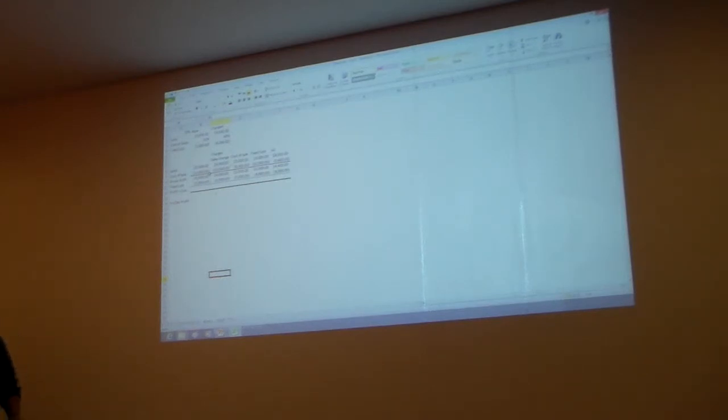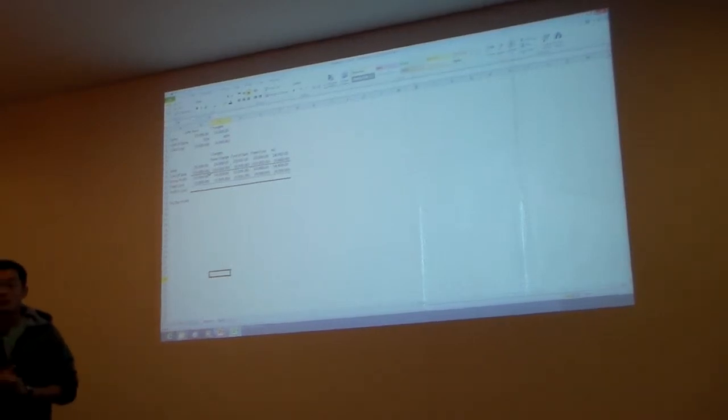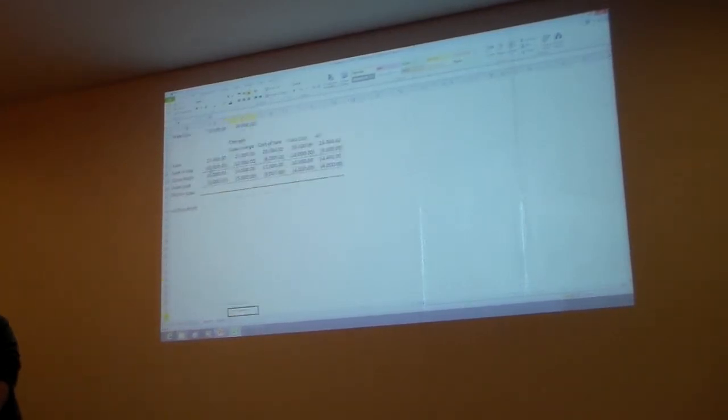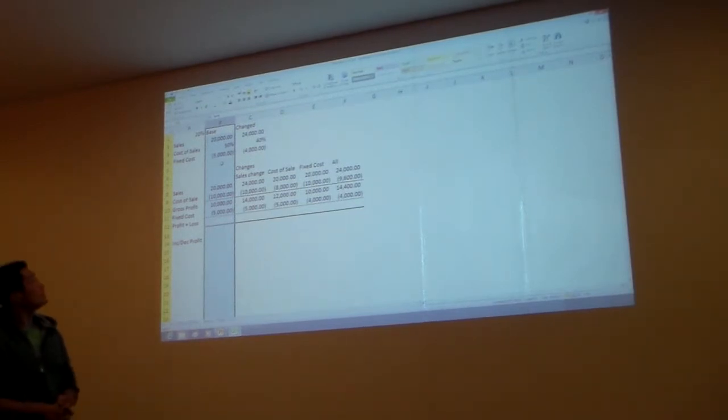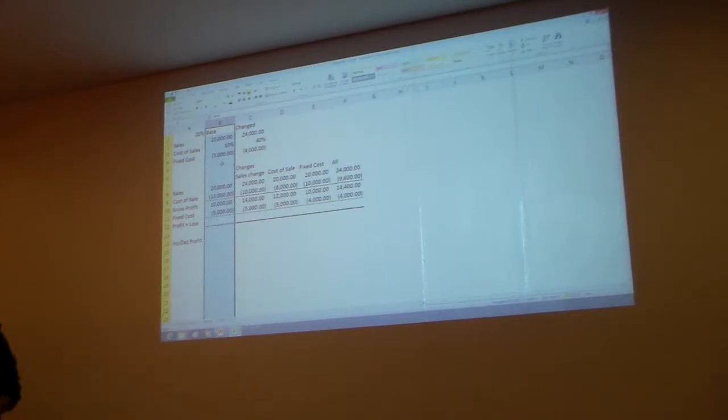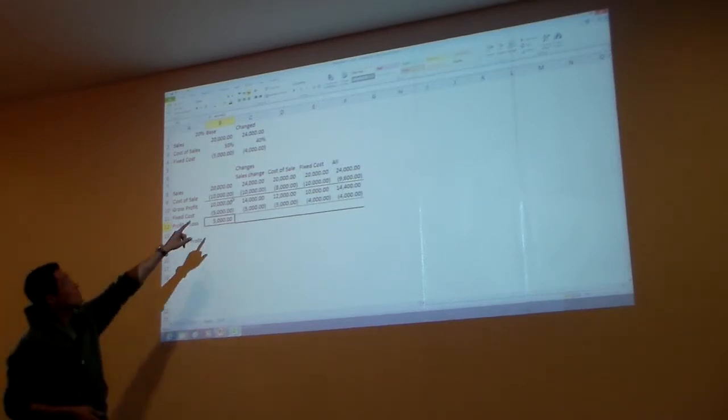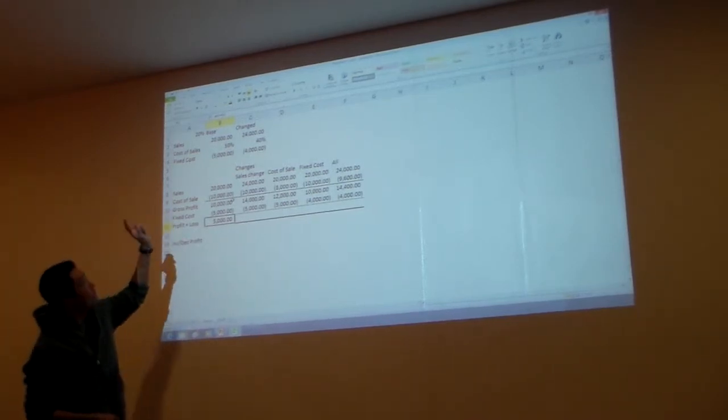Okay, so you've got a business. Its current status is that it's doing 20,000 rands worth of sales. Okay, so this is your baseline. It's doing 20,000 rands worth of sales. Cost of sales is at 50%. It's got fixed cost. To keep it very simple, which that results in how much profit? 5. Okay, great. Now the first change we're going to do is we're going to increase the sales by